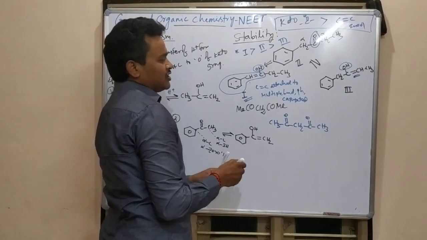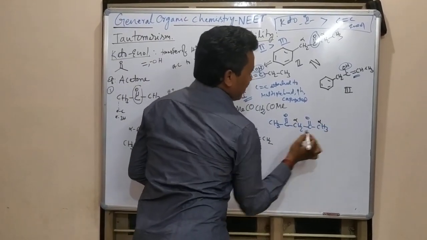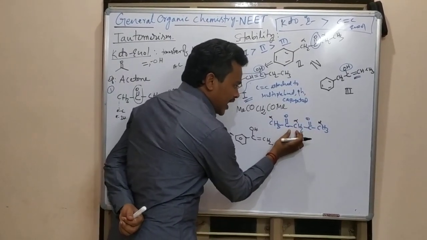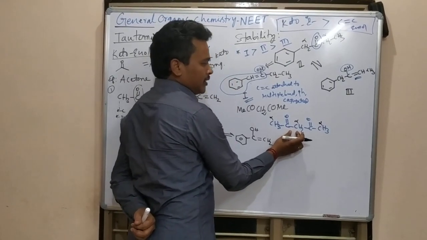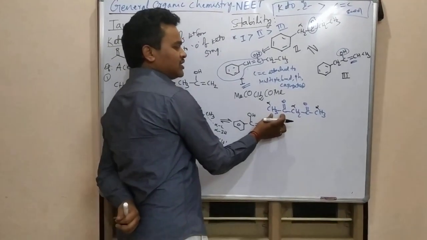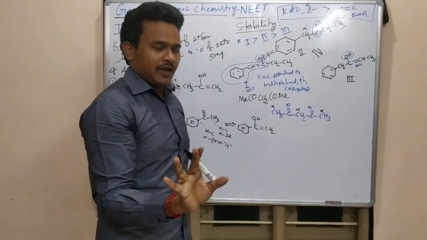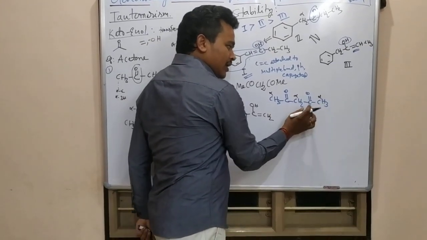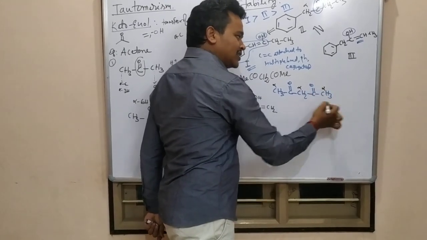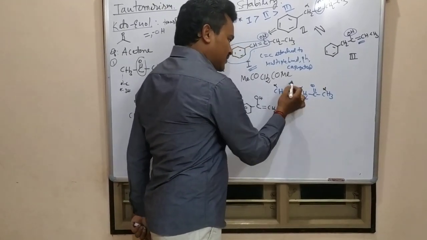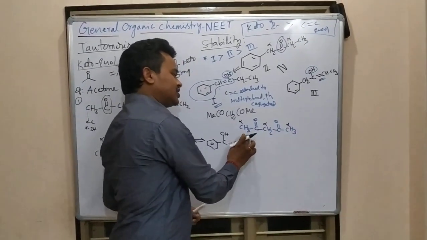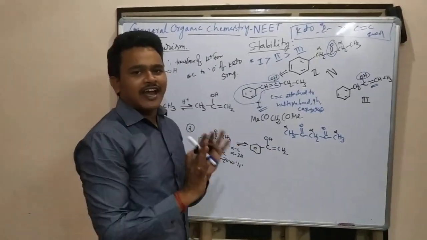How many alpha hydrogens are there? Here alpha hydrogens are there. Here alpha hydrogens are there. Here also alpha hydrogens are there. So by moving this one, I will get one form. By removing this, I will get one form. By removing this one, I will get one form. This one and this one removing means similar structures only are coming. See, CH2, this side CH2, right side C=O CH3. CH2, right side C=O CH3. CH2, left side is CH3 C=O. So similar groups are there, so these alpha hydrogens are identical hydrogens, and identical structures will come.